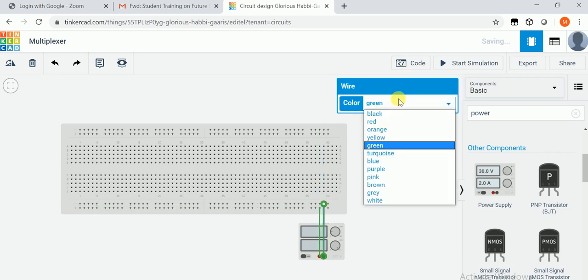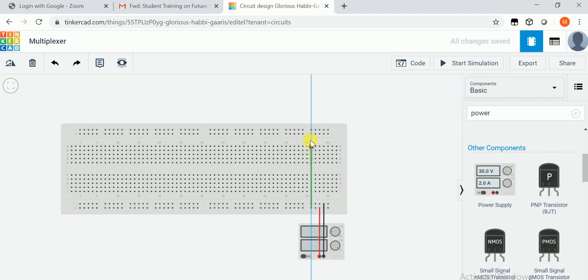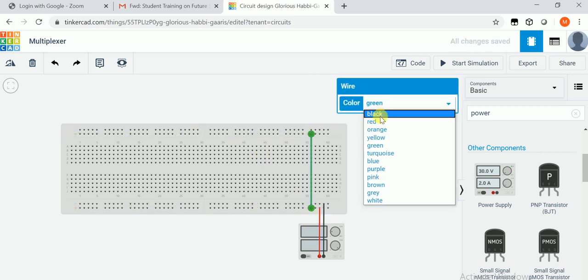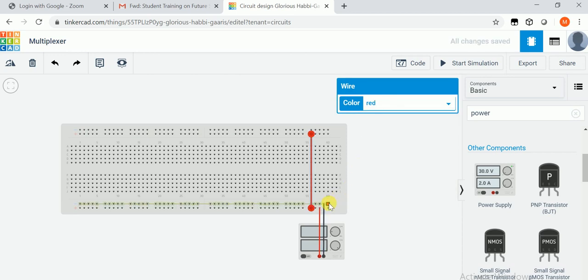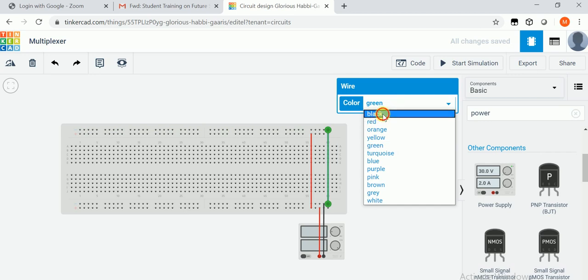Okay, let's follow our standard. Let's make it black, and this one should be red. Now connect this red part to another side. This one is positive. Okay, so make it positive, make it red, maintain the standard, and this should be black.